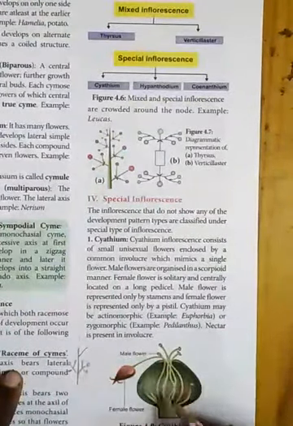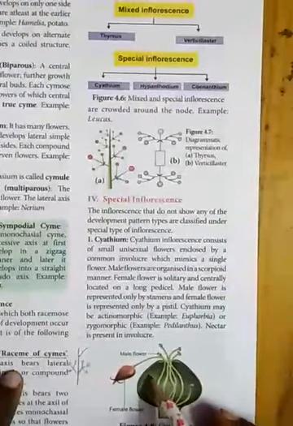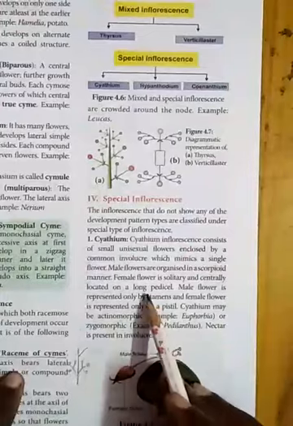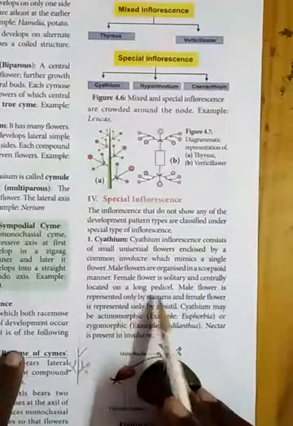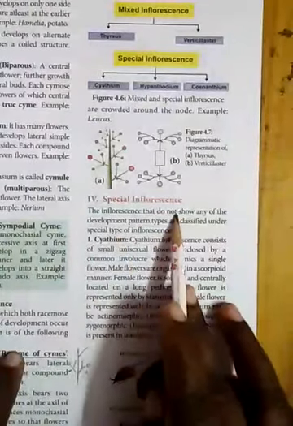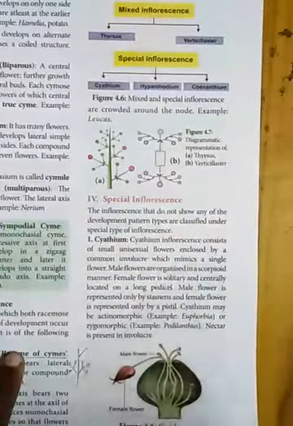Nectar is present in the involucre. Inside this involucre, nectar glands are also present. So this is the Cythium inflorescence. Cythium inflorescence is the characteristic feature of the Euphorbiaceae family. So this is said to be a special inflorescence. The next type of special inflorescence we are going to study is the